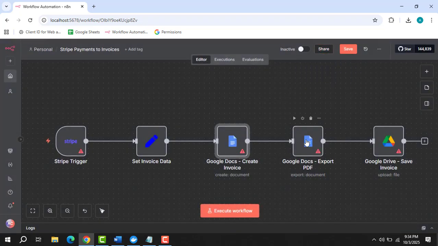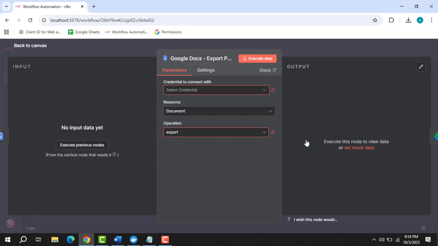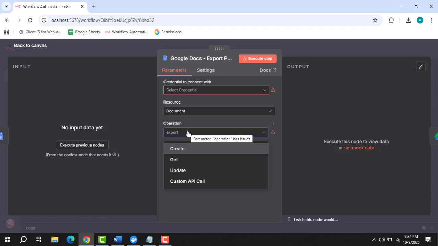After that, you'll have the Google Docs node that will convert the Google Doc into a PDF file. Configuration on operation will be export, as you can see. After that, the document ID will be the ID from the create invoice tab, JSON ID, and the MIME type will be application/pdf. After that, you'll have the Google Drive